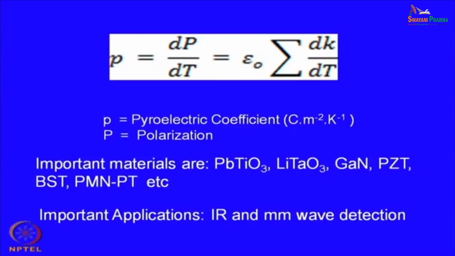In fact, one can really design infrared cameras based on pyroelectric materials or pyroelectric sensors. So, that is a very important area. It is in fact a strategic area. Infrared detection is one of the very important strategic techniques used for detection of different items